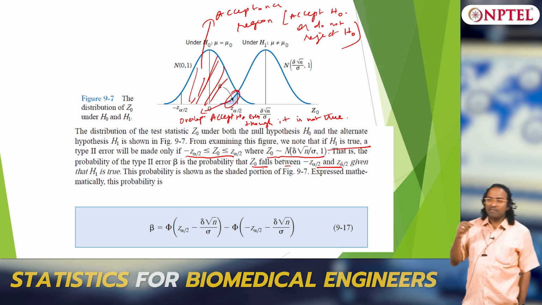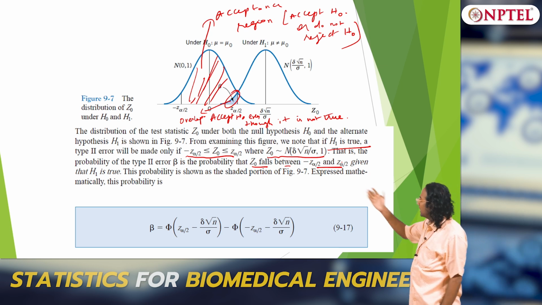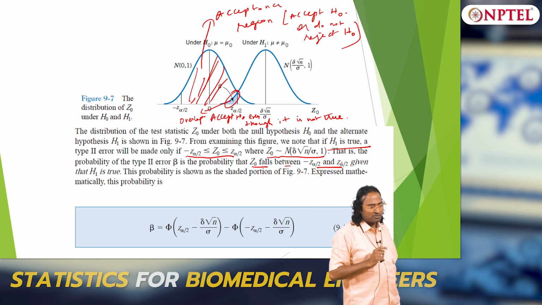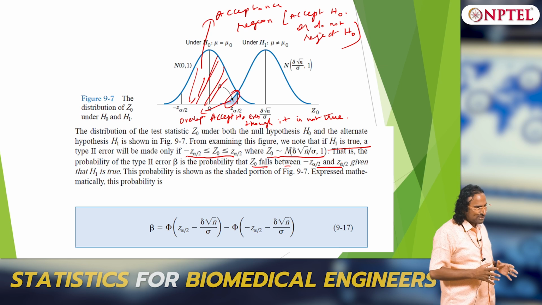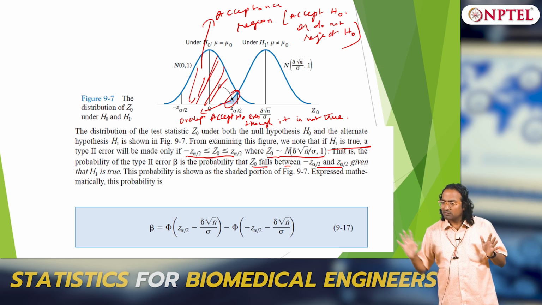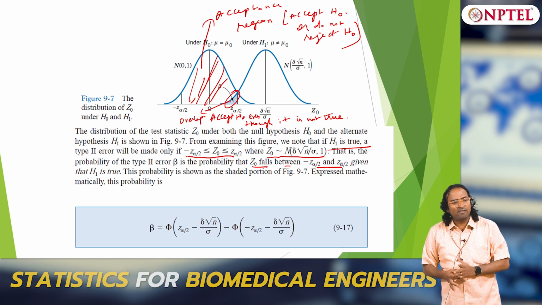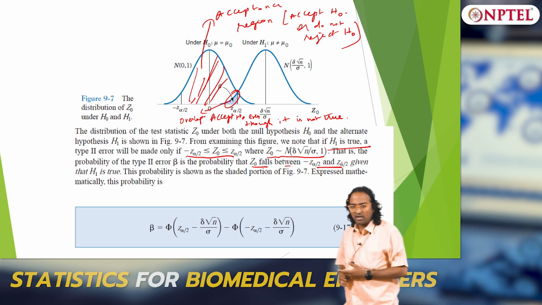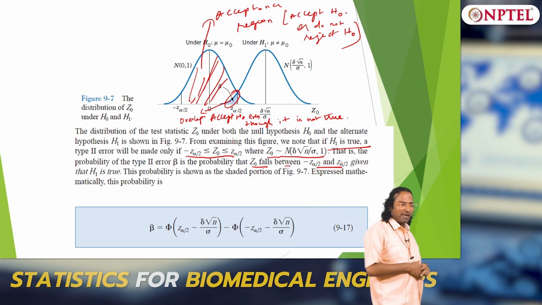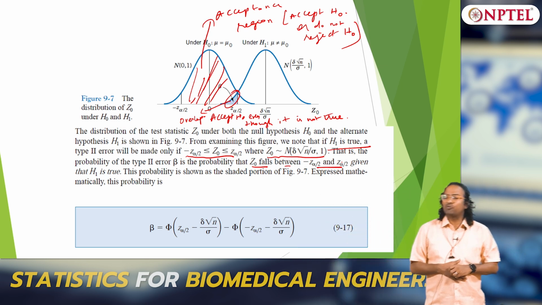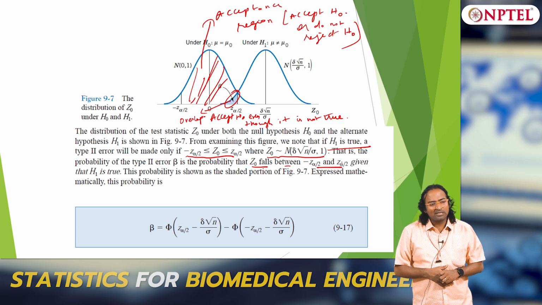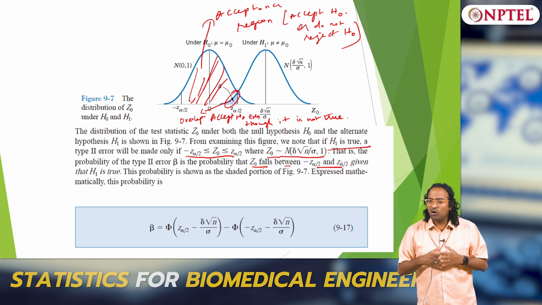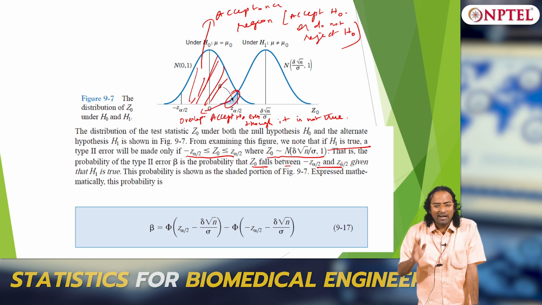Now tell me, when will the overlap be more? This is simply the overlapping of two distributions. The overlap in the acceptance region is what beta is, clear. Now when will the overlap be more and when will it be less? When delta is small, what will happen? More overlap. So if you want to distinguish finer things, obviously the overlap will be more, and type 2 error will be higher.